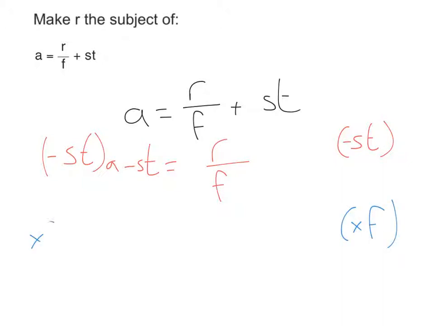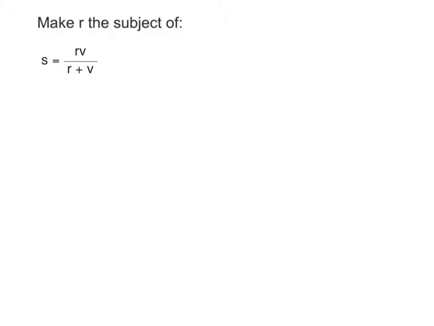Okay, times both sides by F. Well, on the right hand side, straightforward. If I'm dividing by F and I times by F, it just gets rid of it. It cancels it out. If I want to times A minus ST all by F, I have to put it in brackets and put the F at the front. Okay, so I've done it. That's my final answer. And the final situation you could have in this question is this, and this is really,